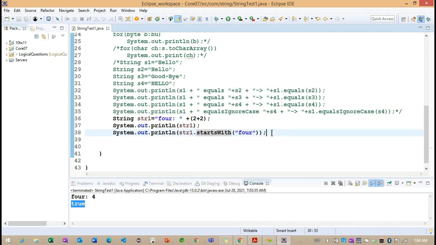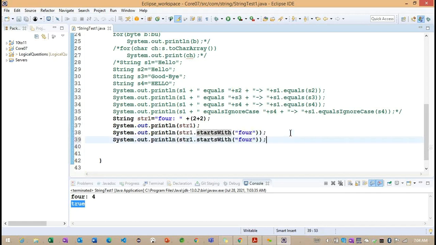Getting the point. In the same way, we have the endsWith method. If you observe, this is our endsWith method. What happened? This should be given, right? But why is it giving an error?